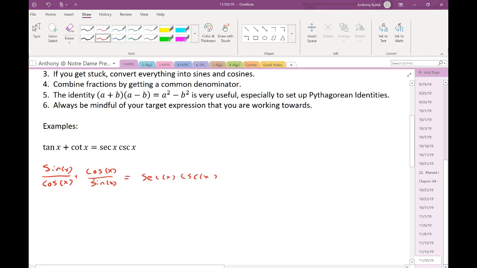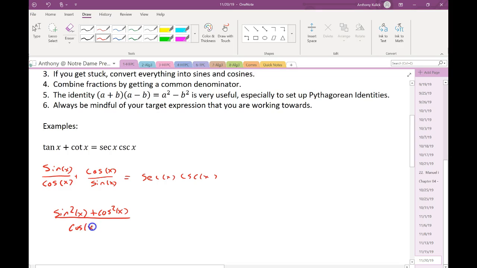Notice that what we did here was tip 3, right? If you get stuck, convert everything into sines and cosines. That's basically what we did. Okay? What to do now? Great. What would that common denominator be? Great. Sine x times cosine x. So the first fraction I need to multiply by sine x, and the second fraction I need to multiply by cosine x. So that's going to give me, oops,